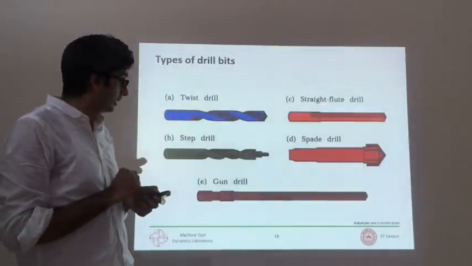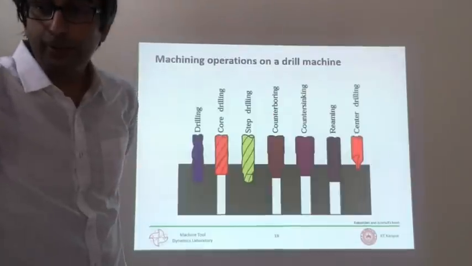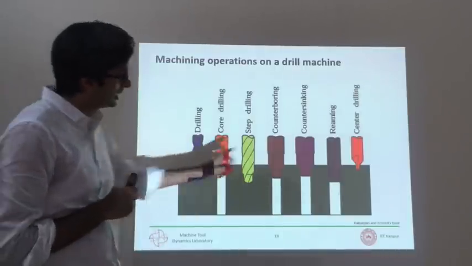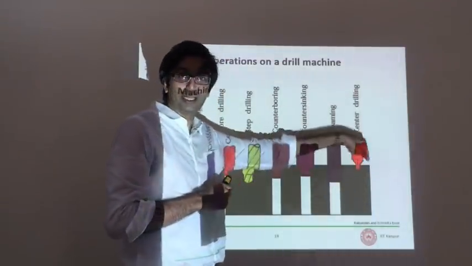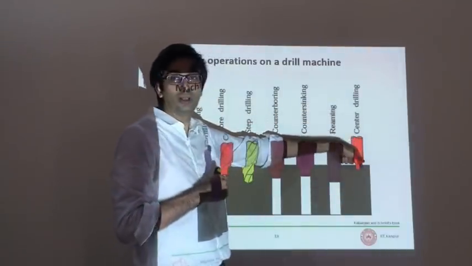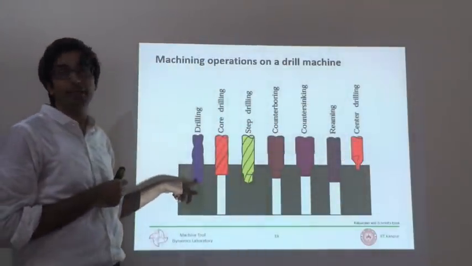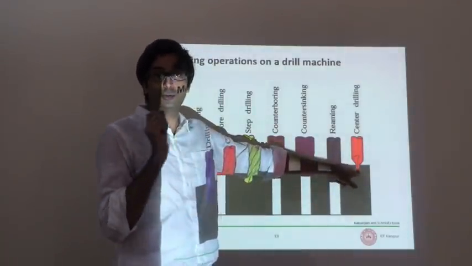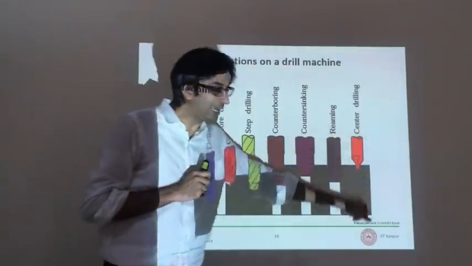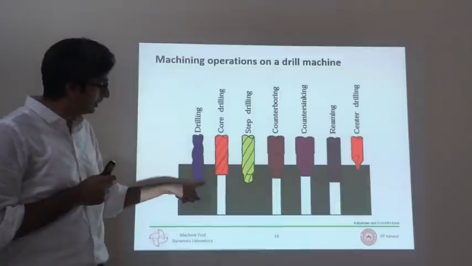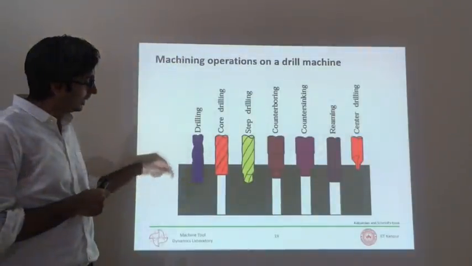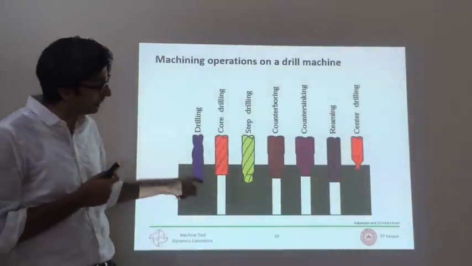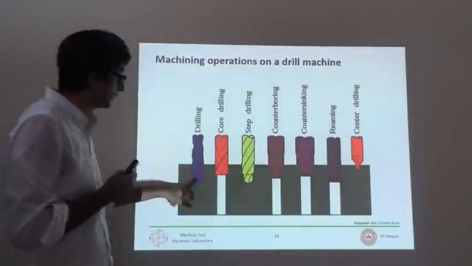Just an overview. These are some of the other operations possible on drilling machines. Some I will talk about. This is the first operation. It's called center drilling, where you actually make a small hole which then guides the main drilling. So the first operation you do is normally center drill, which gives you a center so that the drill can follow that axis. Because sometimes these are actually very flexible tools. They can go off into their own axis. They will not follow the path you would like them to. Hence you do what is called center drilling and then you do drilling.